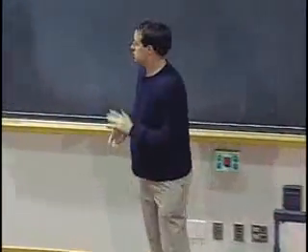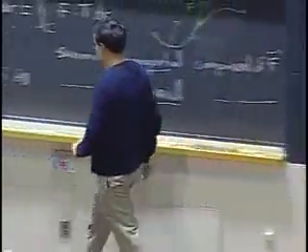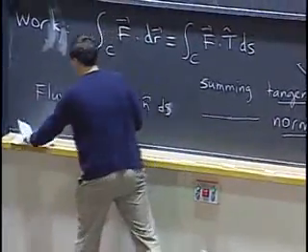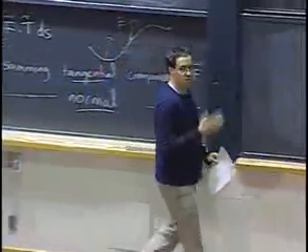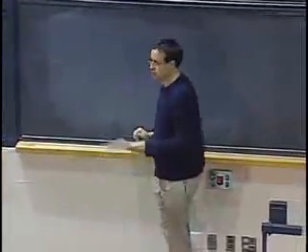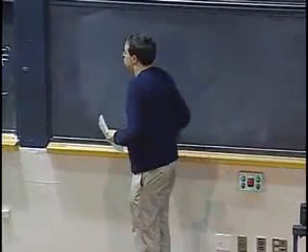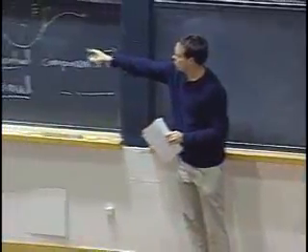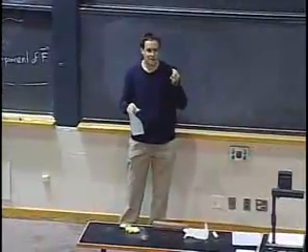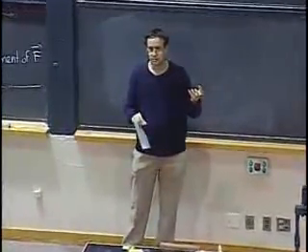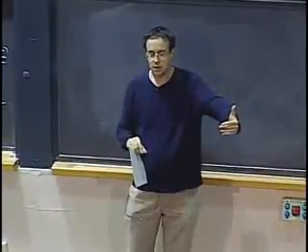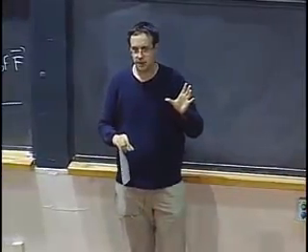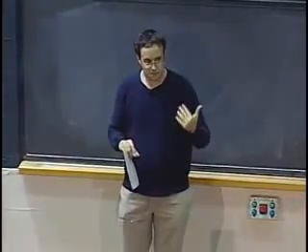Okay. So let's see. I should probably tell you what it means. Why do we make this definition? What does it correspond to? The interpretation for work made a lot of sense when F was representing a force. Then the line integral was actually the work done by the force. The interpretation for flux makes more sense if you think of F as a velocity field. Okay, so what's the interpretation?